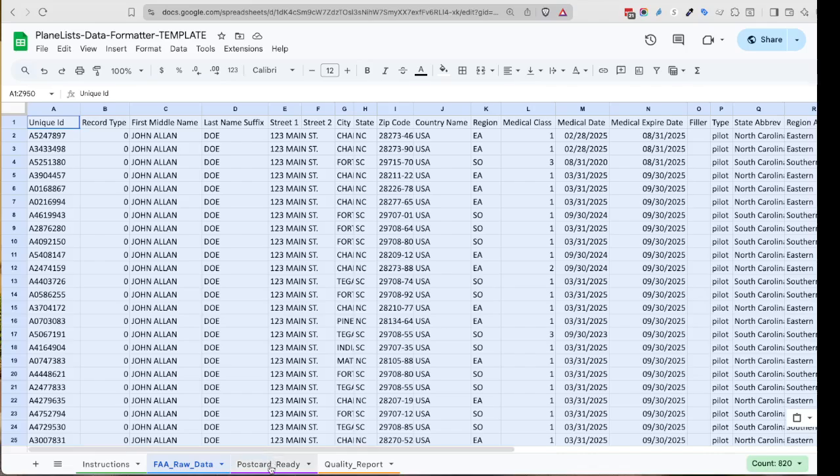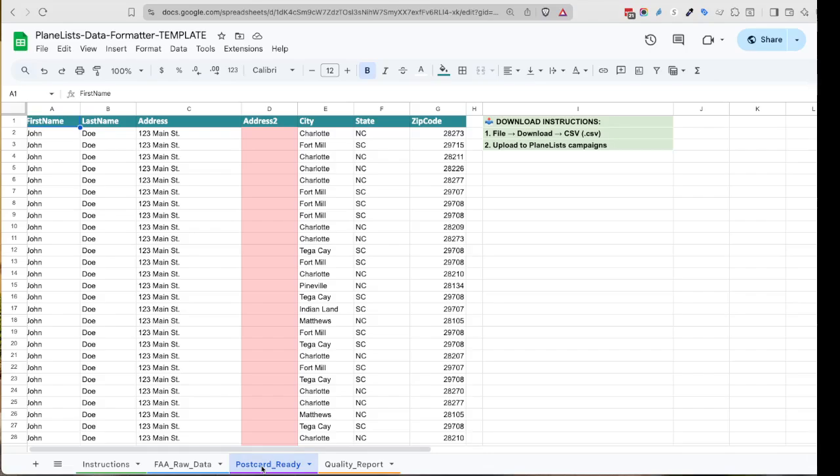And magically, when you click on the postcard ready, or even the label ready, like the Avery label ready, all the data here has been cleaned up, proper case, first name, last name, street name, city, state, zip, and is ready to be